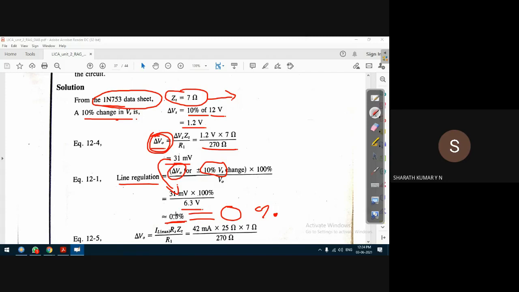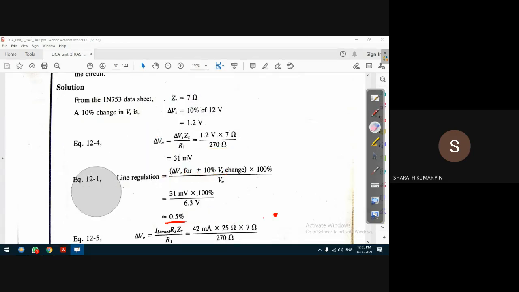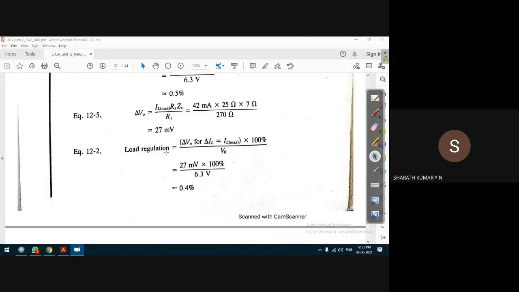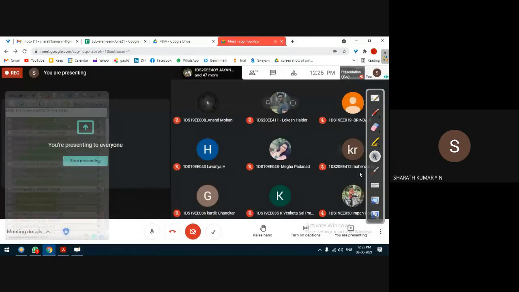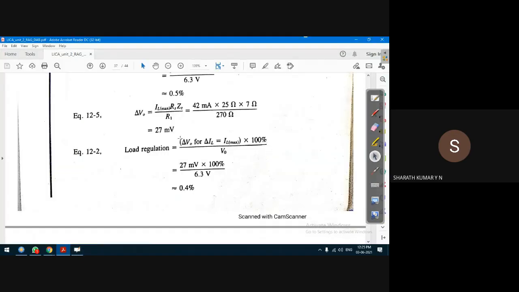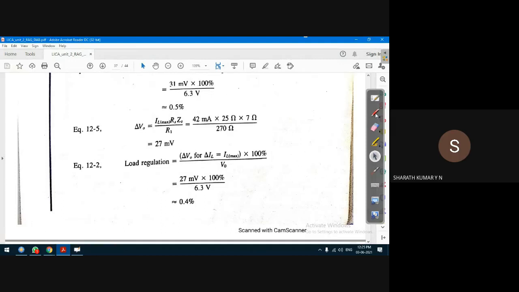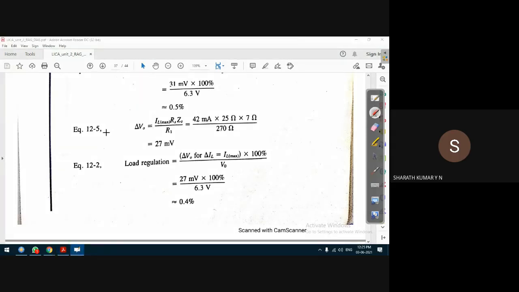That means there is still some change in the output voltage for every 10% change in the supply voltage. So around 0.5% line regulation, because of the change in the output voltage for every 10% change in the supply voltage. It should ideally be 0. Line regulation should be theoretically 0, but practically it varies, because all practical circuits are nonlinear circuits, and practical variation is different from theoretical considerations.